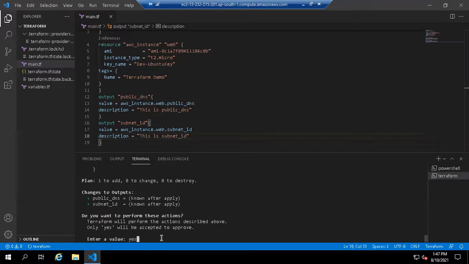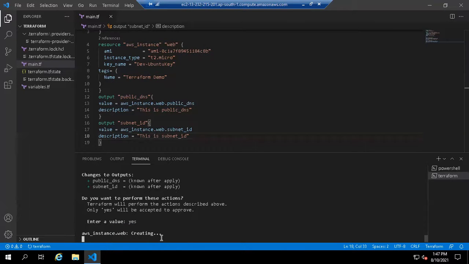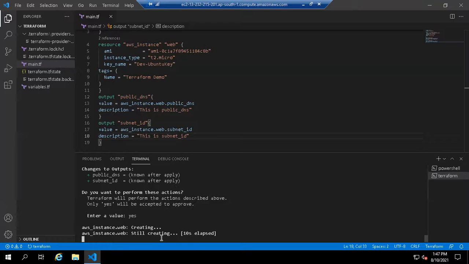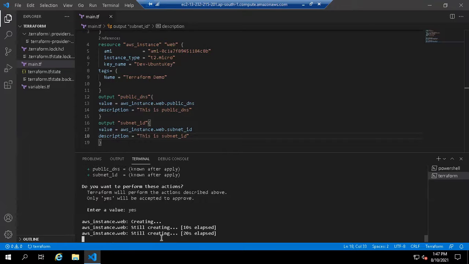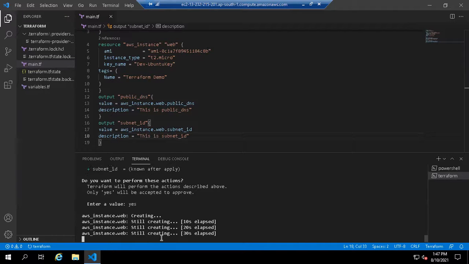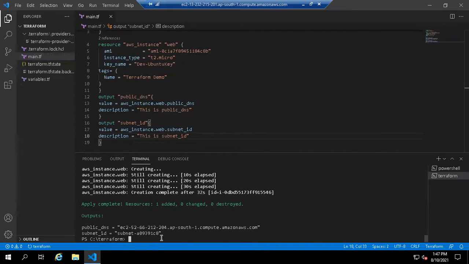So yes. It's creating. So now my instance is started and here you can see the output, public DNS and subnet ID.